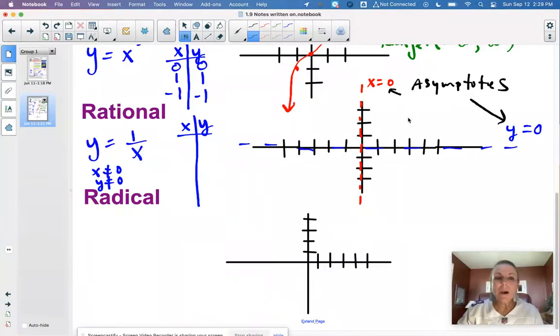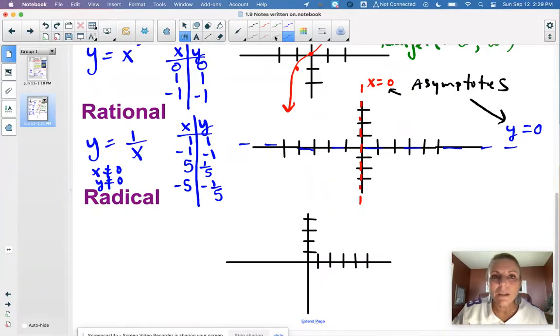All right, so now if we're going to graph this, (1, 1) for sure will work. 1 divided by 1 is 1. And now negative 1, the y value is negative 1. 1 divided by negative 1 is negative 1. I'm going to just try some other points to show you how the graph looks. If I pick an x value of 5, 1 over 5 is 1/5, or negative 5, 1 over negative 5 is negative 1/5. And now if I graph this, I'm going to get